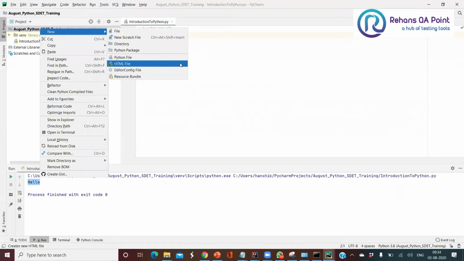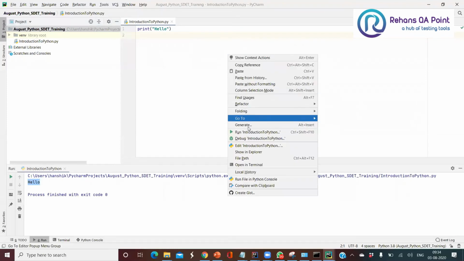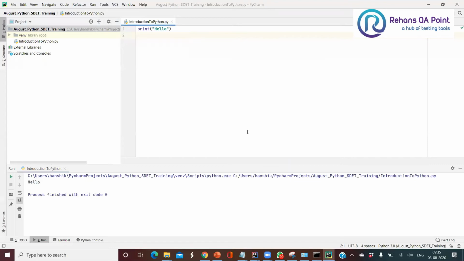Give a good name which represents your business process and write your logic in it. Once your logic is completed, right click, and you should see a Run option. Click on that. The output is going to be printed on your console, which is available at the bottom of your page.